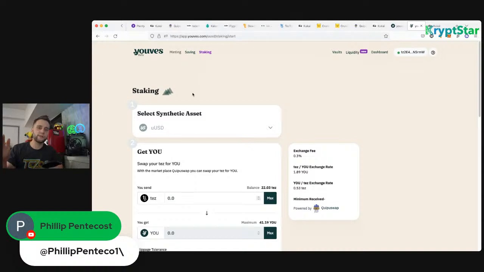The problem is if Tezos does bomb and it goes below 200%, you get automatically liquidated, and it's at a 25% fee. So it is pretty complicated, but it's a great way to earn a lot of extra UUSD a day, and that's 0.5%. So